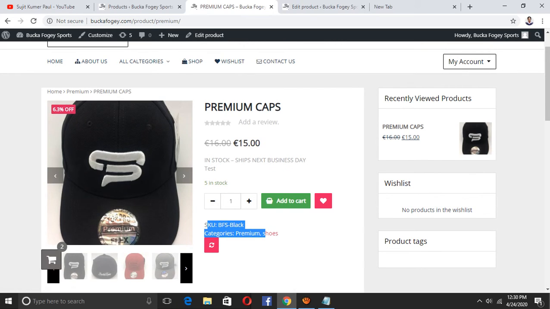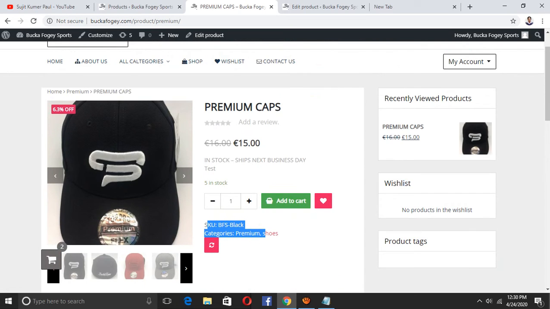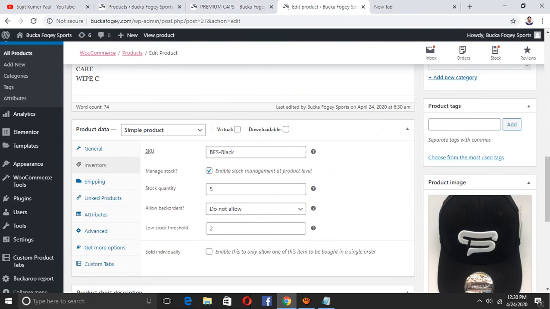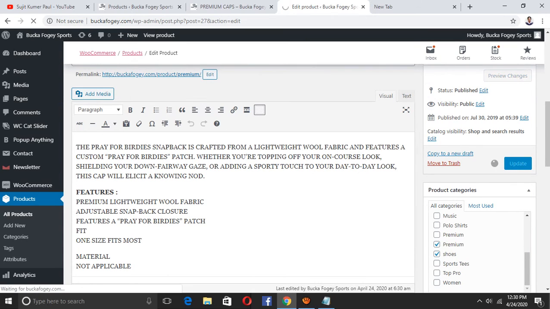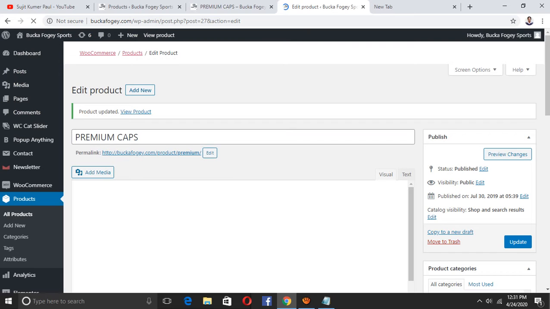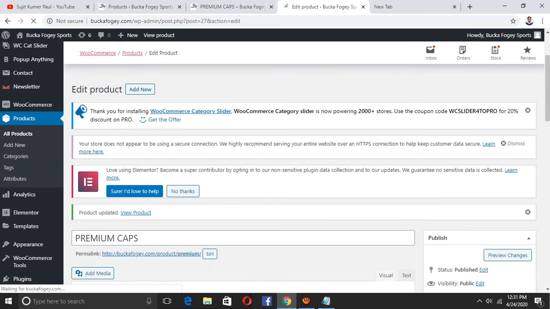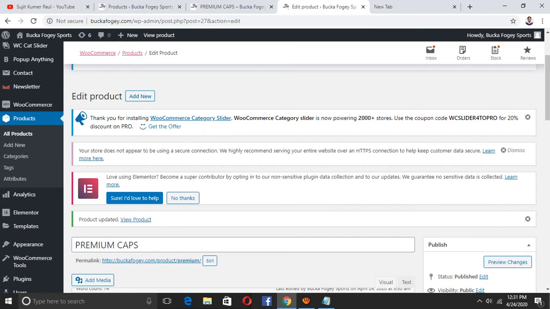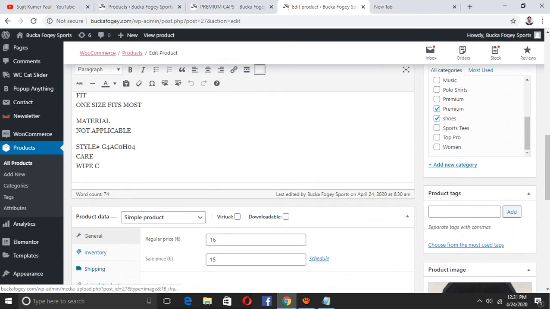You can change this product's title and description anytime. This is just a test to show you what is showing now. Okay, I hope you understood. Every product you can change the same way. Every time you upload a product, it is the same way. Each product same way, no difference.